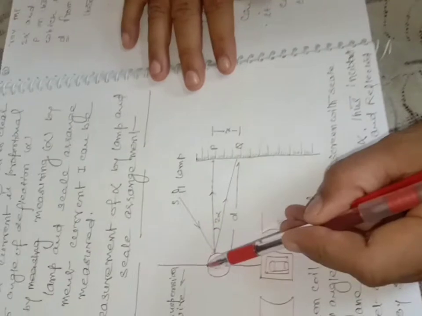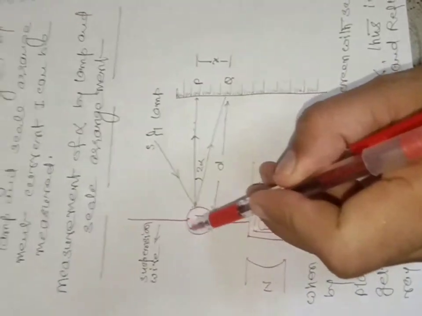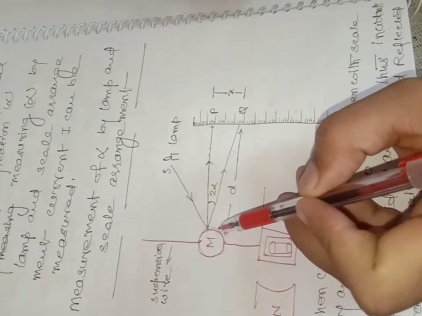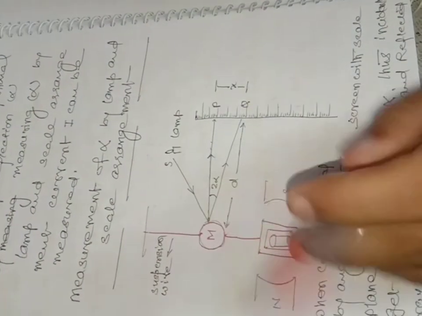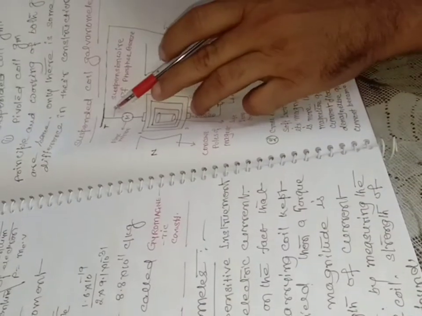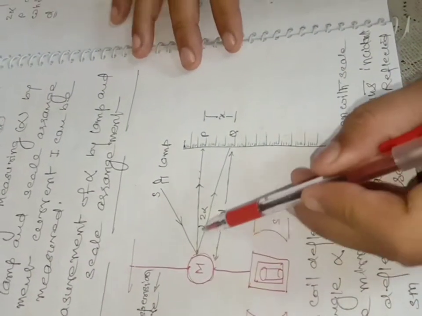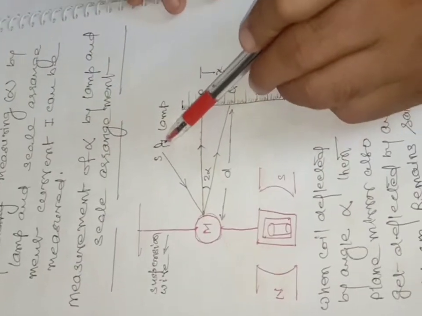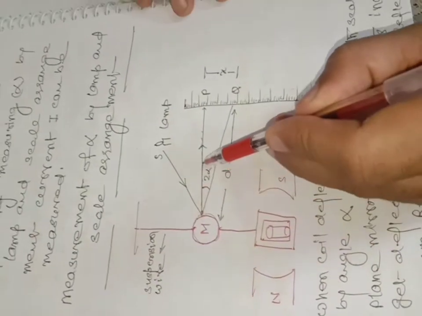As you know, in the optics chapter we already studied that by keeping the incident ray fixed, if a plane mirror is rotated by angle theta, then the reflected ray rotates by angle 2 theta. Since this plane mirror is attached to the suspension wire, and this suspension wire rotates by angle alpha, suppose, then the reflected ray rotates by angle 2 alpha. Suppose this is the lamp, which is called the lamp and scale arrangement. This is the incident ray, incident on the plane mirror, and this is the initial reflected ray.